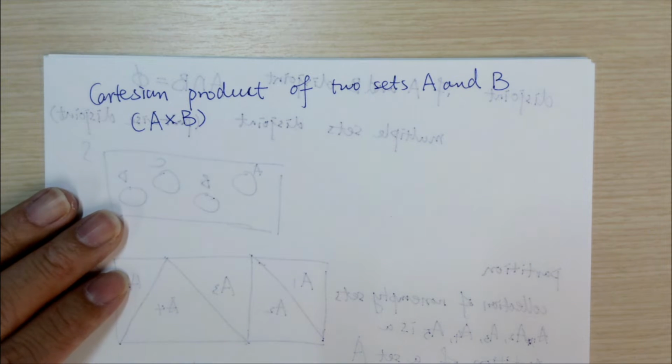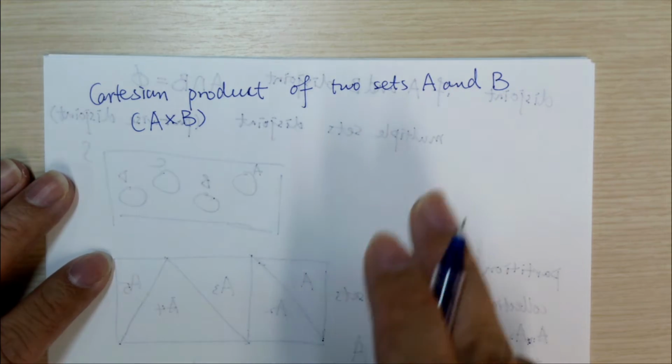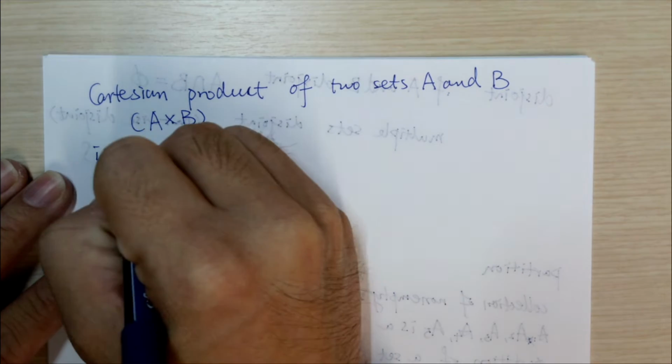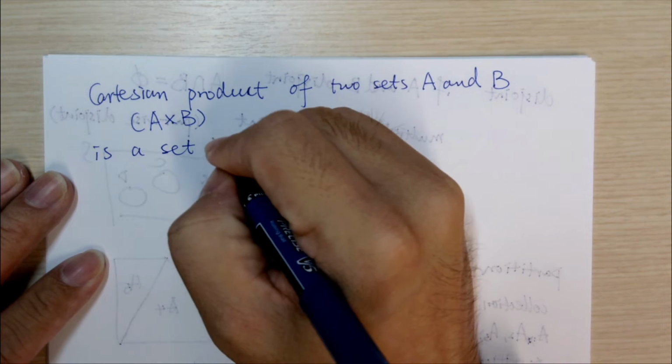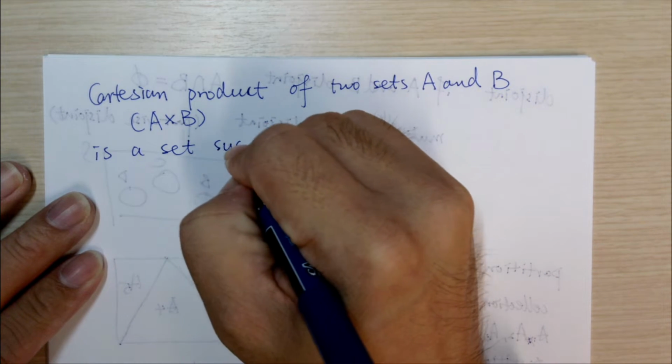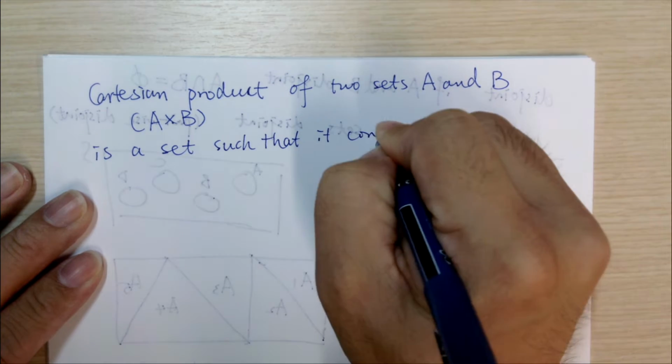The Cartesian product of those two sets will give you a set such that it contains